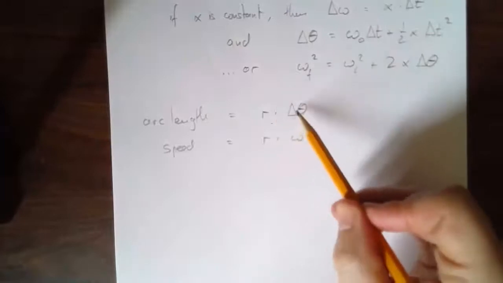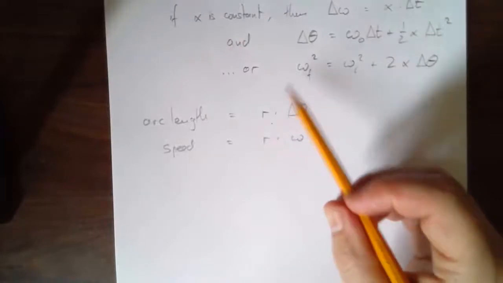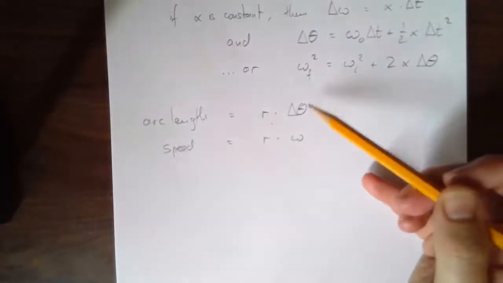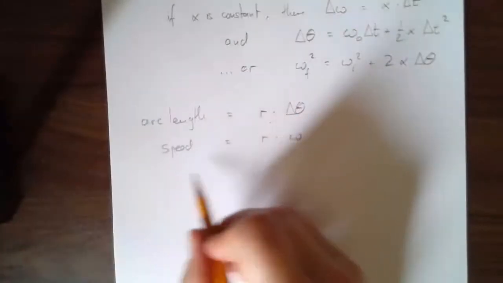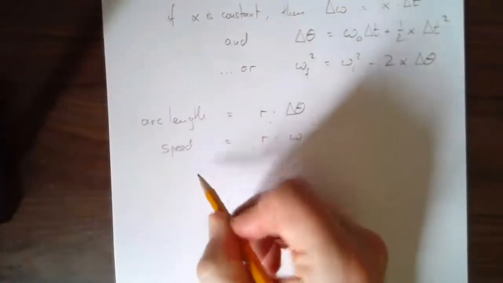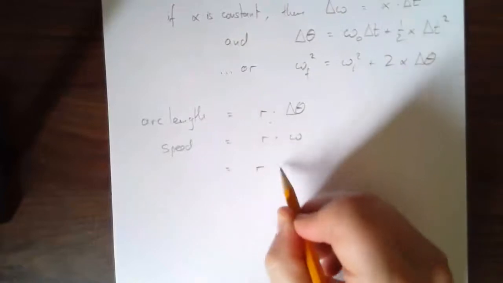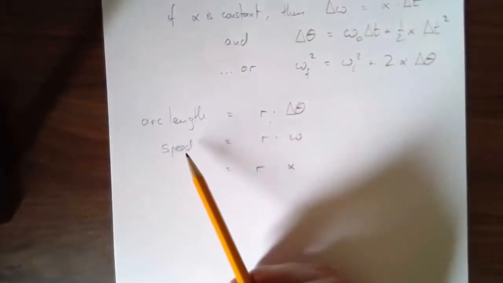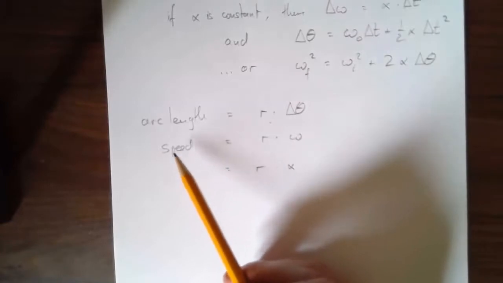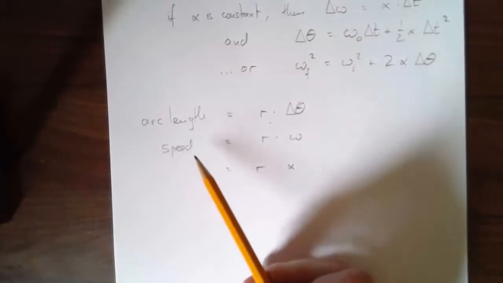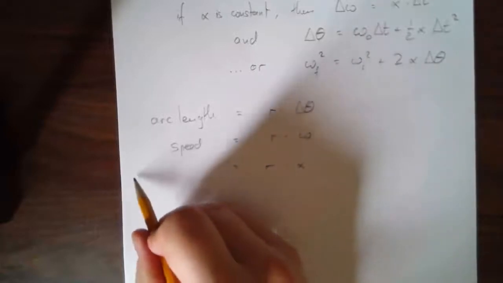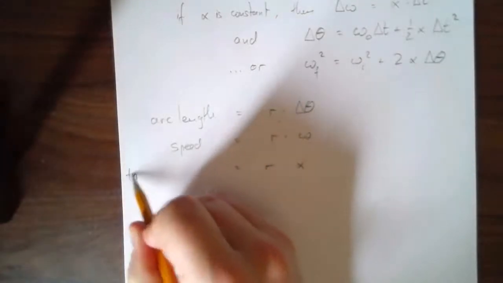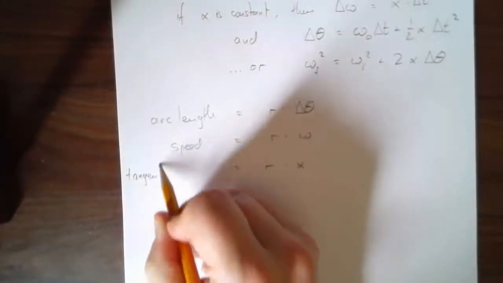Then we have that the speed is equal to r times omega. This is just taking the time derivative of this, right? And then, what happens if I take the time derivative of this? I'm going to get r times alpha. Now, you might want to write acceleration, but remember, speed is not velocity. We're just interested in what is our rate of change of speed, and it's the tangential acceleration.